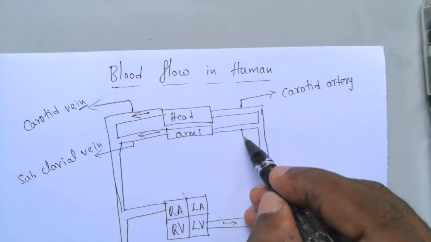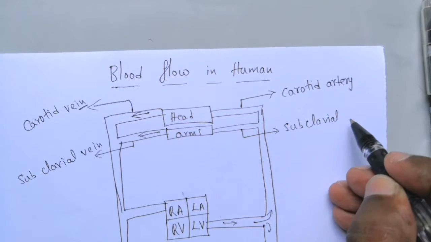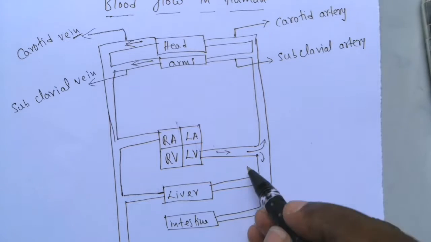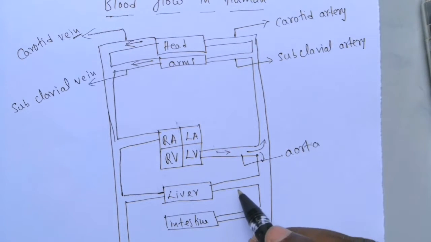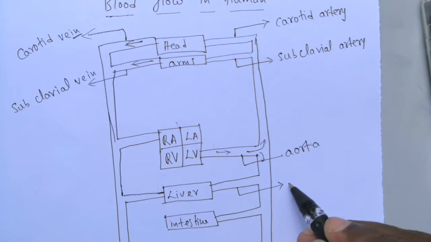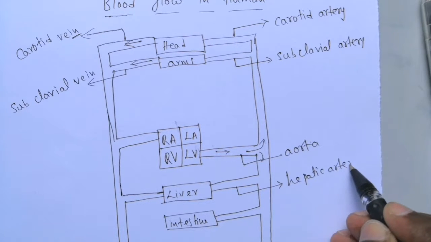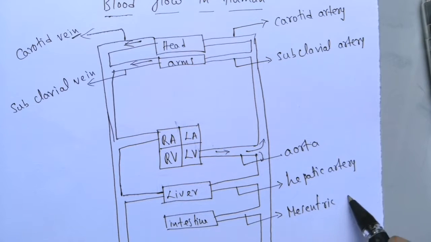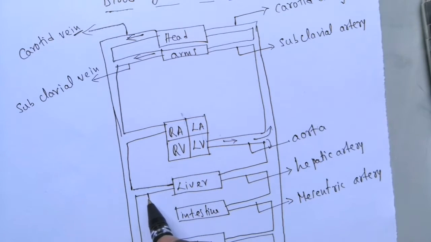This one is subclavial artery. Okay, we know that this is aorta. This is hepatic artery. This is mesenteric artery. Okay, here this is